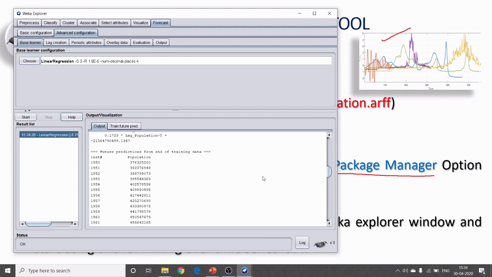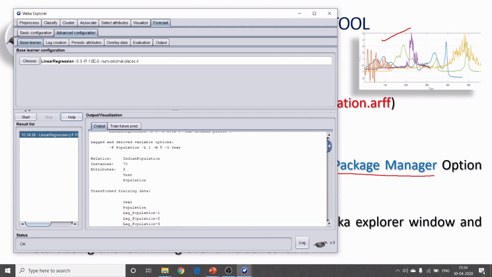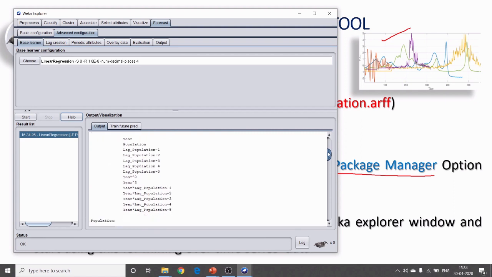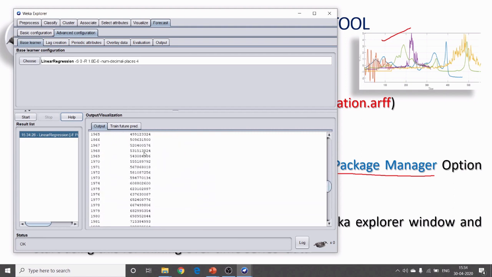So now you can see here, very soon everything is ready. Some statistics came, and you can see the population from 1950. Our prediction will be at the last. We have the data up to 2019, and we are doing the prediction for only one instance, so we are getting the 2020 prediction of the population.